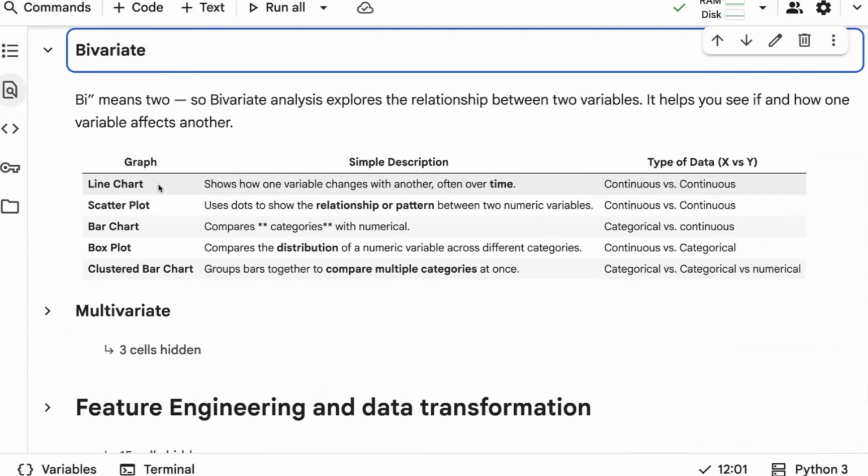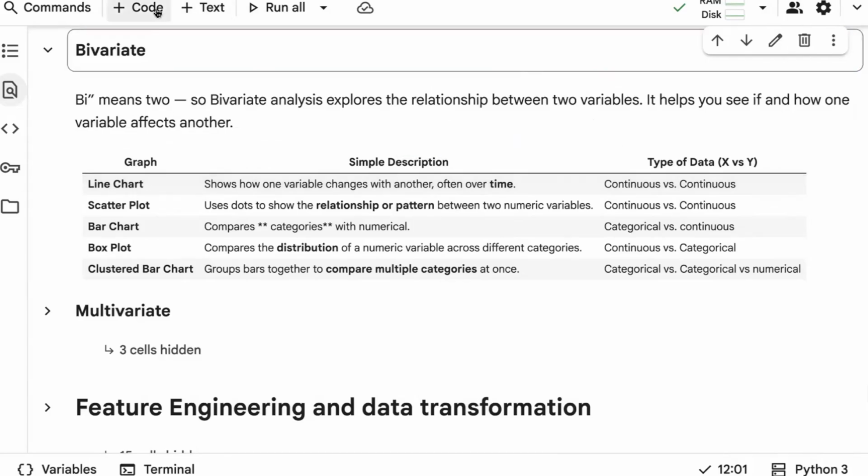Coming to scatter plot, it plays a very important role when you want to find the relationship between two different variables. Let's say you want to understand the relationship between age and charges, children with charges, BMI with charges. What kind of relationship do we have: as age is more, will charges increase or decrease? All this analysis can be done with the help of a scatter plot. Coming to a bar plot, let's say you want to compare a category with a numerical variable. In that case, you need to go with the bar plot. It requires one numerical and one categorical. You can also use a box plot to compare the distribution of numerical values across different categories. And if there are multiple categories, you can also use a clustered bar chart.